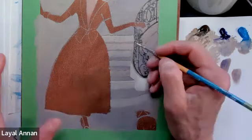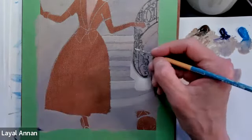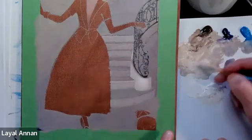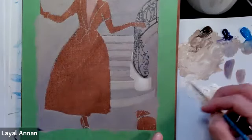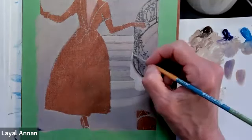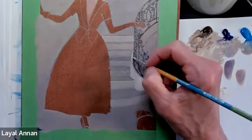Okay, let's try to do this. Okay, where do I see it? I see here. Oh, that's very, very light. Okay. Let's put a bit of titanium buff and